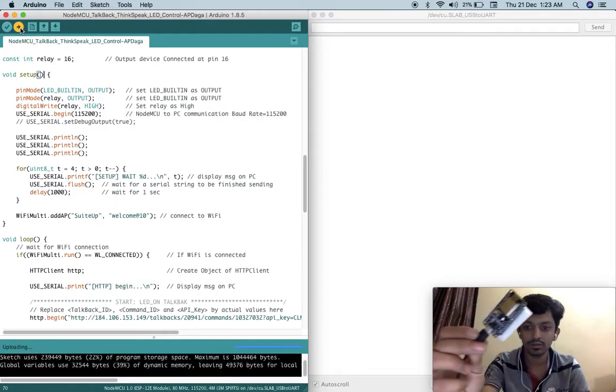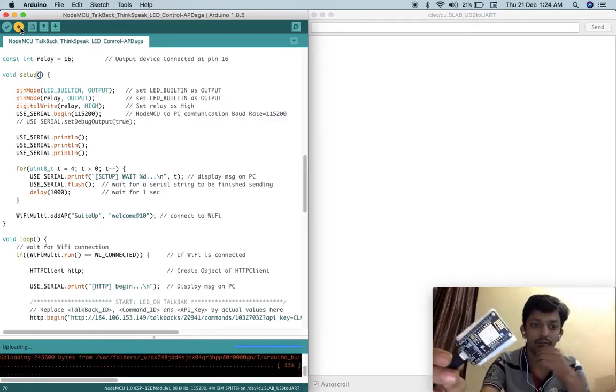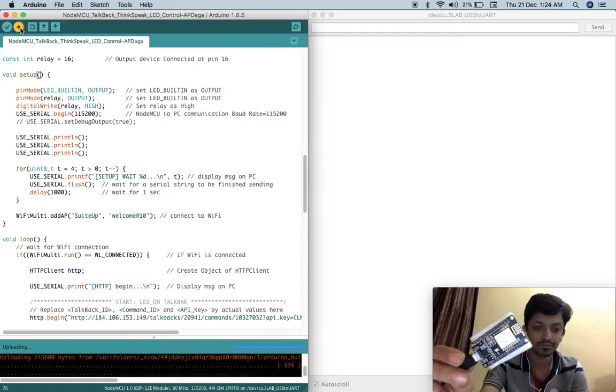You can see while flashing, the LED will blink at a faster rate. Basically we have two LEDs on this board, and we will be controlling the built-in LED on this board using TalkBack application from ThingSpeak server.